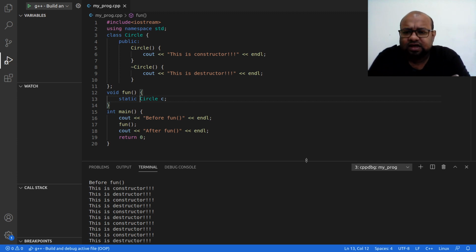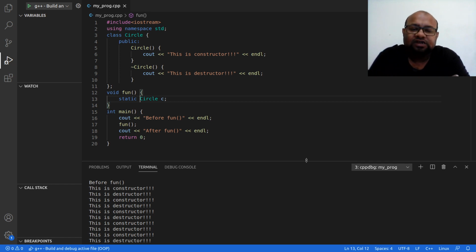Then the memory will be allocated at the beginning of the program. The scope of the object, this memory, is going to stay alive till the end of my program, not the end of my function call. Unlike the object that I created on the stack, whose longevity was the end of the function call.